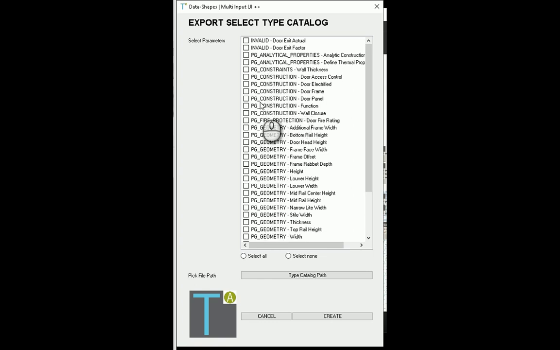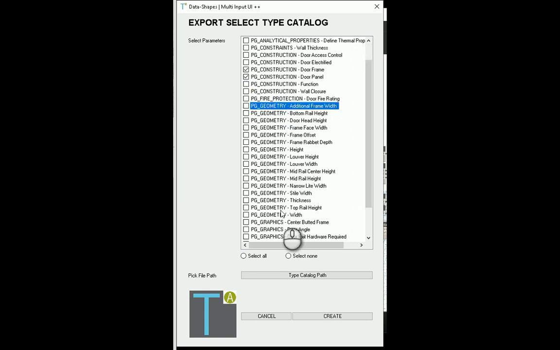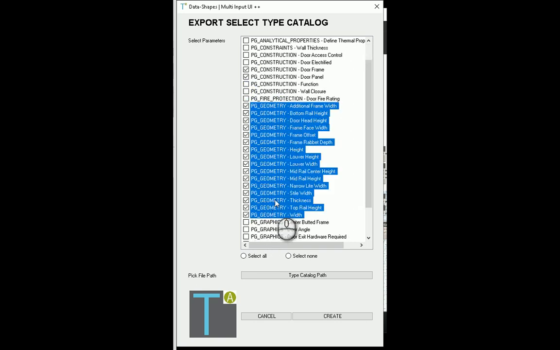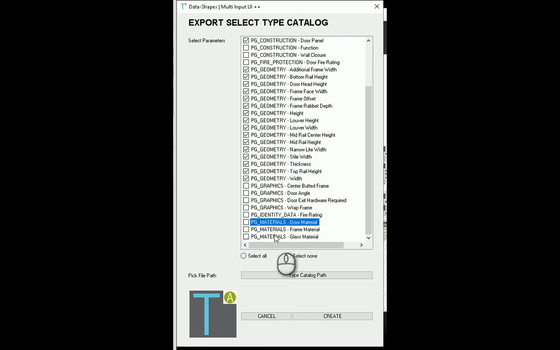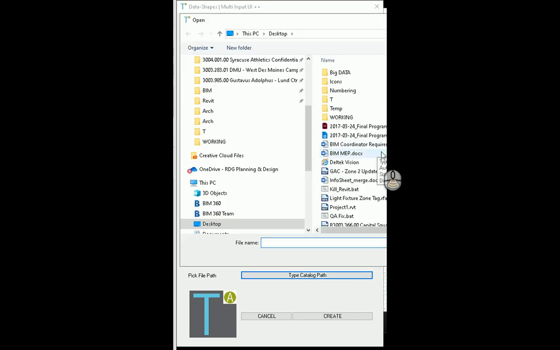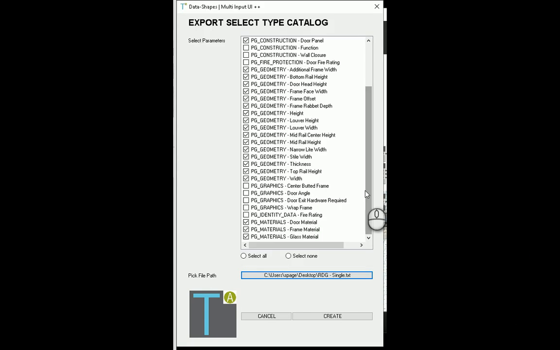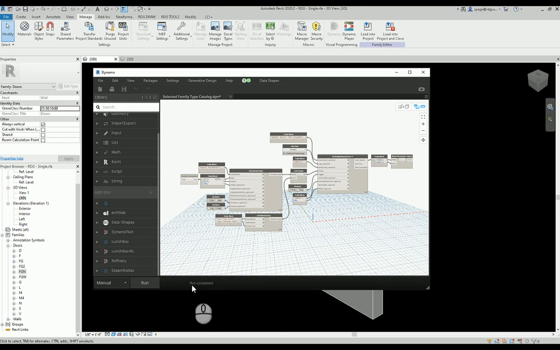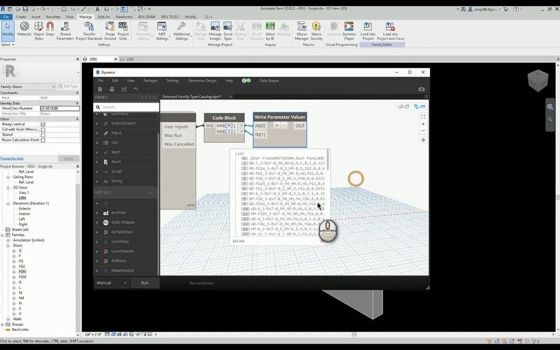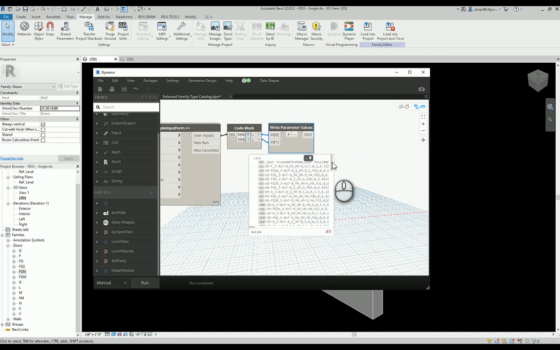So in this case, I want to make sure I take the door panel and the door frame. I am going to take all the geometry, which are dimension parameters, and then I want to make sure I take all the materials. So that's just what I'm going to take for right now, just as a test here to show you what I'm talking about. We're going to use that same types catalog file, hit create, see this thing completed. And what we just did is we created a type catalog for 67